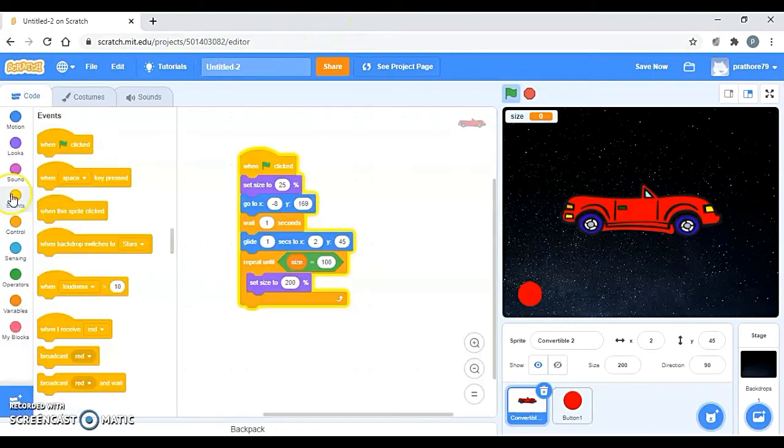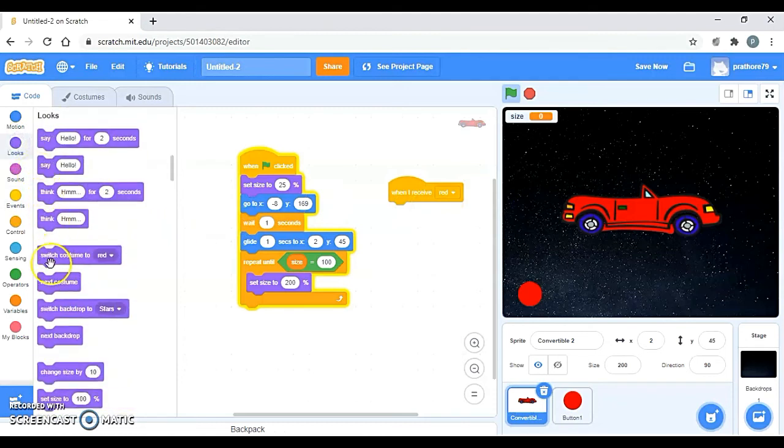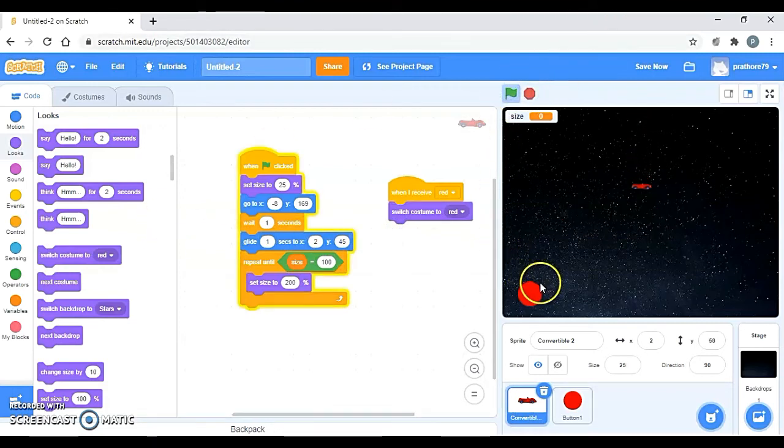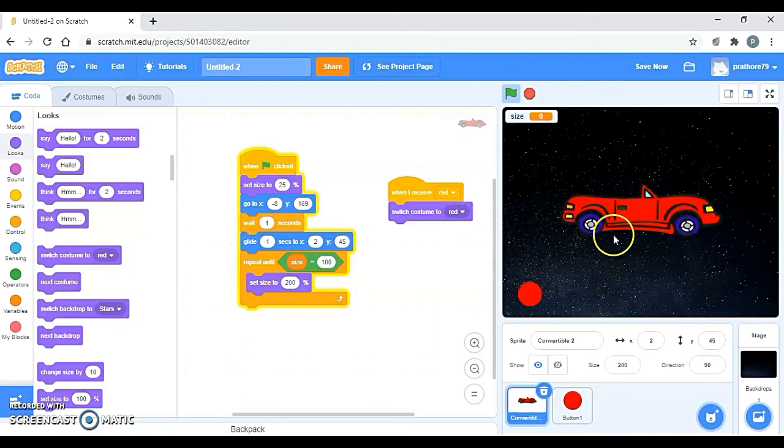Now when this car receives the message red, I have to switch the costume. So switch costume to red. Now what will happen? It has changed the color to red, right? So what you have to do is